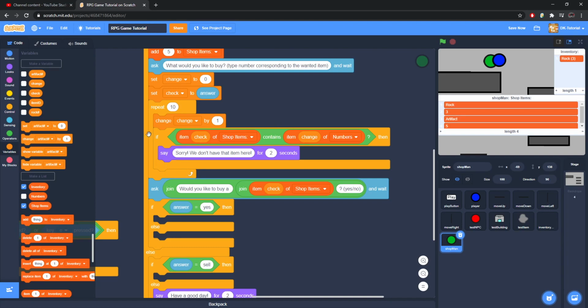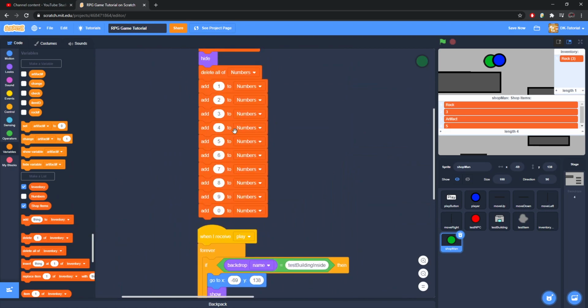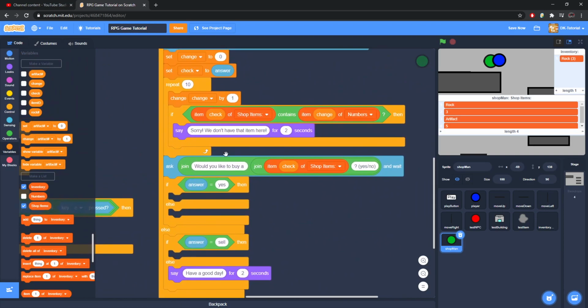If it doesn't, then it'll repeat, change it by 1 again, 2, and then it'll check item 2. It'll check the exact same thing, except change the number to 2, and then to 3, to 4, to 5, to 6, 7, 8, to 9, to 0, just to make sure no numbers exist inside of that. After it goes through that process,